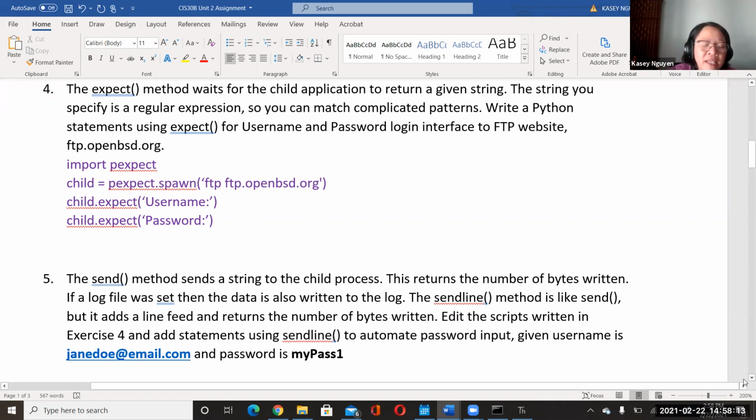If the log file is set, then the data is also written to the log. You can also use the sendline method, very much like send. It adds the line feed and returns the number of bytes that's written.